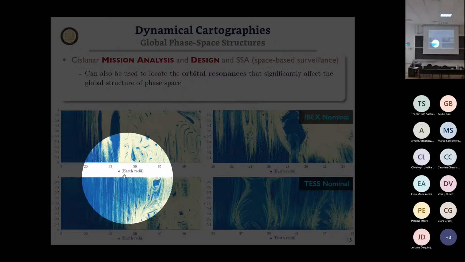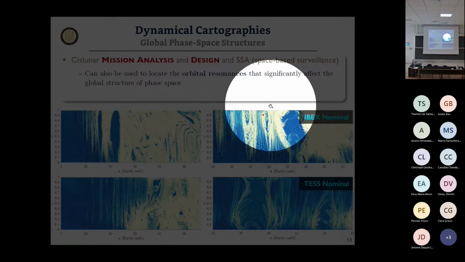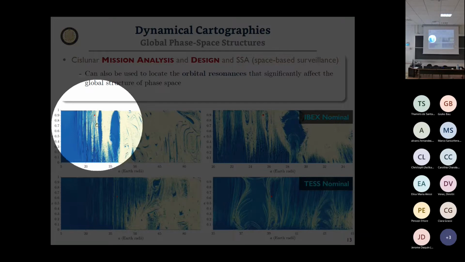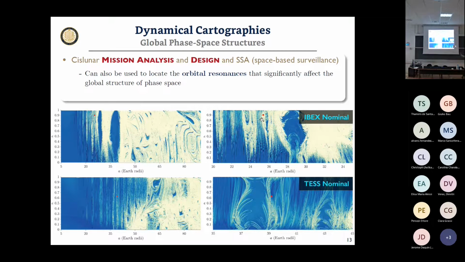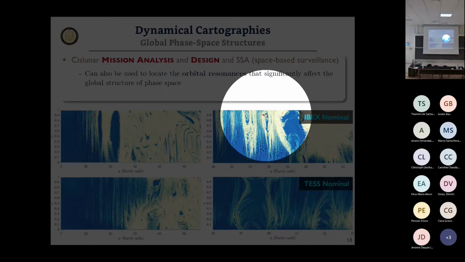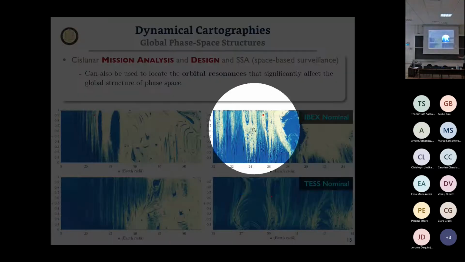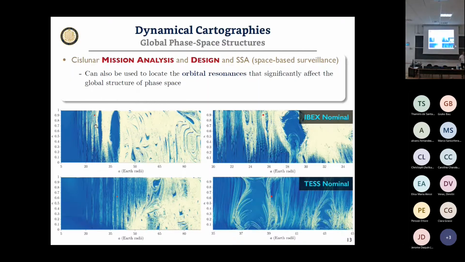We can see already, this is the orbit of IBEX. Its nominal operational orbit has a perigee at about 26 Earth radii. The Moon is at about 60 Earth radii. And so if we compute the FLI here, we can see that IBEX is actually on the cusp of these unstable regimes, whereas just a small change in its major axis could have put it in the libration zone of that 3-to-1 resonance, which is where it's currently located now.